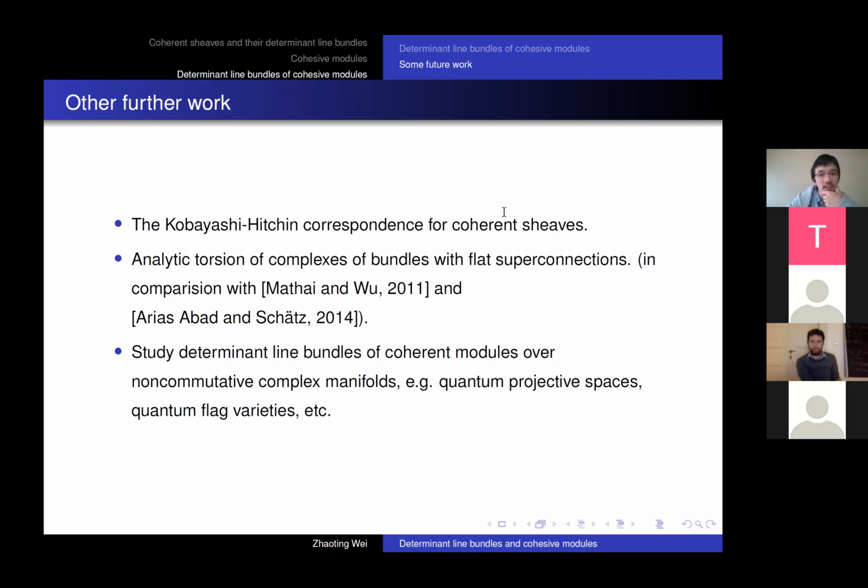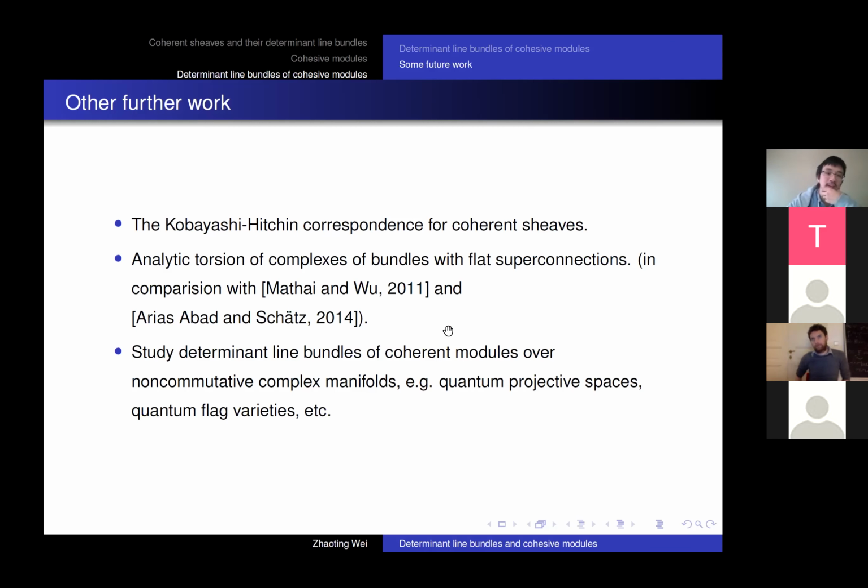And so as I said, we can actually define stable condition on coherent sheaves. So we can hope that we can also define the Hermitian-Einstein connection on the corresponding cohesive modules and find the same correspondence. And maybe other direction, the second topic maybe is the real geometry case. You can study flat superconnections and analytic torsions. So actually, some people already study them, but their frameworks are still local definitions and glue together. So I hope that we can just do the same thing globally.